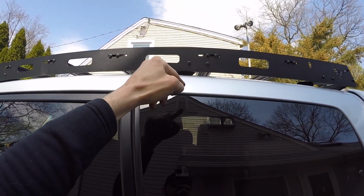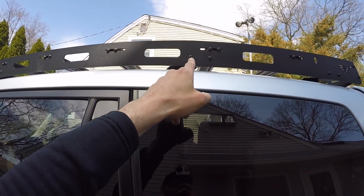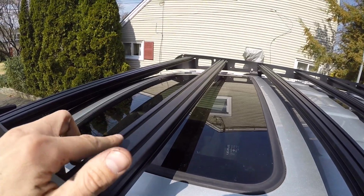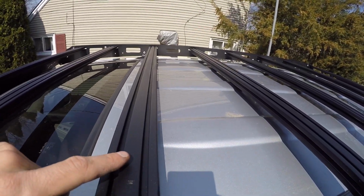So the next thing you're gonna do is go back to the legs of the roof rack, and put them in their final position. So these legs can either go up or down. I'm gonna keep it all the way up, which is how I currently have it, but I'm just gonna tighten them all the way. So the last step you have to do is adjust each one of these crossbars, and